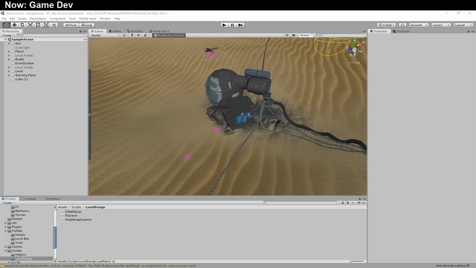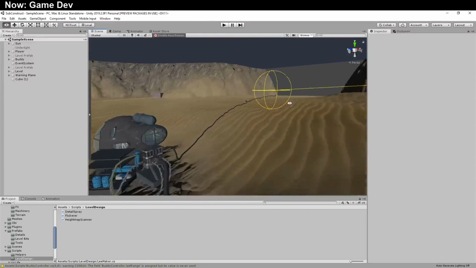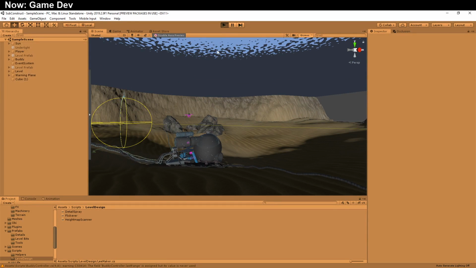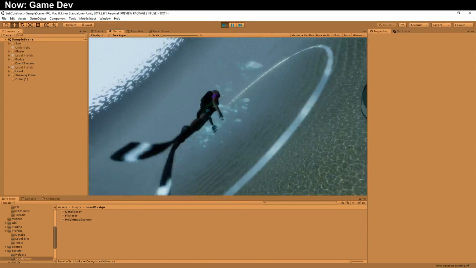Alright, so this is where we are at the moment, but one of the things I didn't like is the way that the fog is working out. It's not that it's terrible, it's that it could be a lot better. So this is how the fog looks. I've got it set...